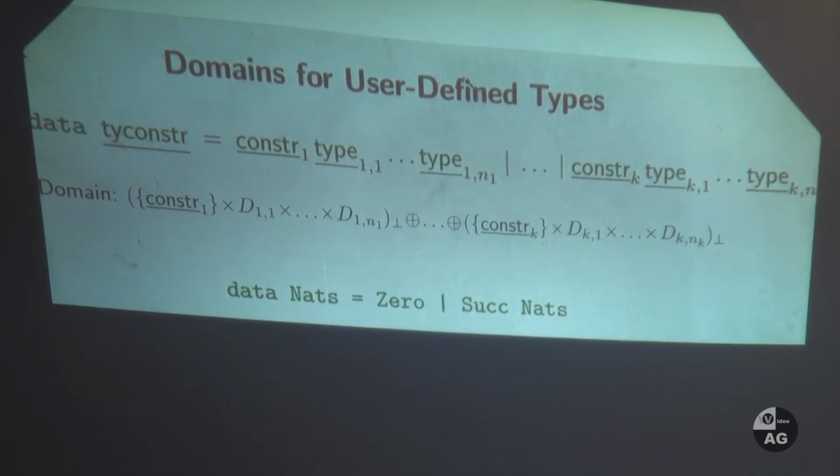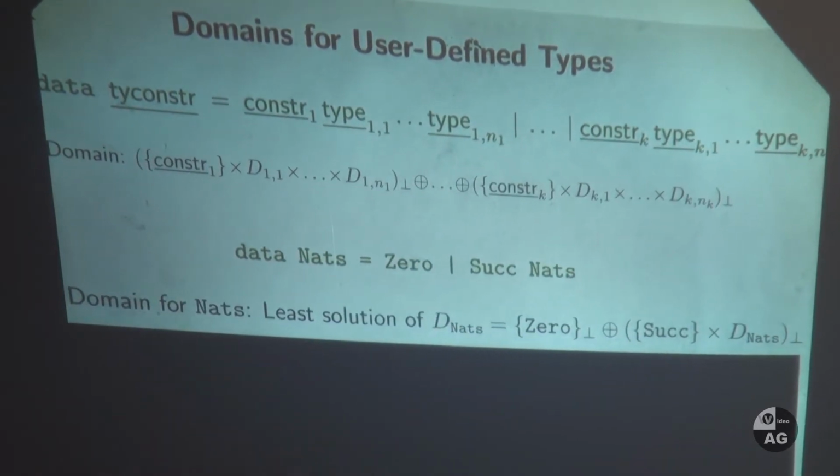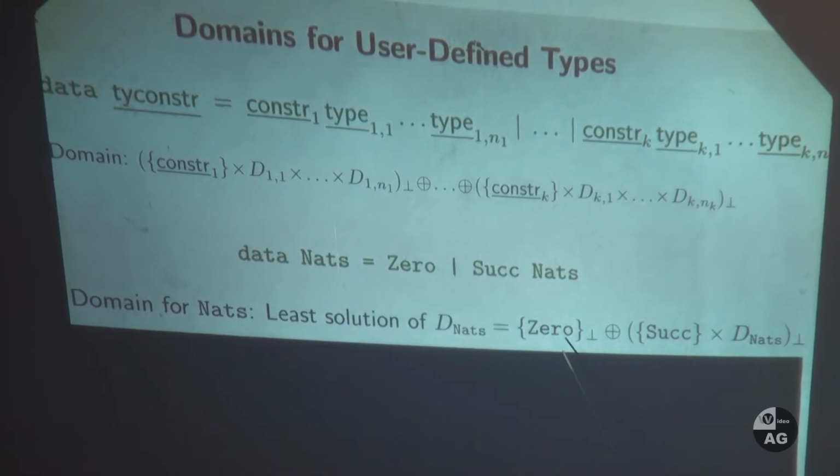Now, if we follow this definition above, then the domain for nuts would look like this. It would be Dnuts. And Dnuts, what is that? Well, these are all the objects that correspond to this first data constructor and the objects that correspond to the second data constructor. So how do we do this? Well, we take the domains for the argument types, so the domain for nuts is Dnuts, and we add an additional element to the tuples with just the name of the data constructor. So here we have pairs consisting of the name suc and the value from Dnuts, and here we have just 0. We lift both of these subdomains by adding an additional bottom element,